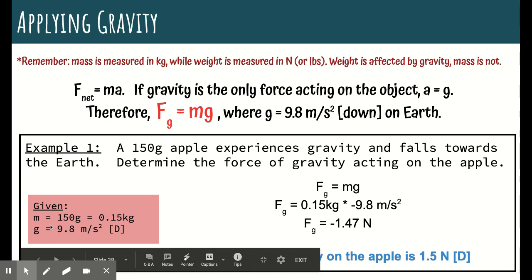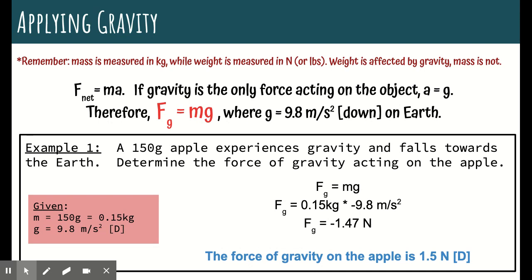Okay, so we know the mass of the apple is 150 grams. We know that mass is measured in kilograms, so we need to convert this 150 grams into kilograms. And then we know that gravity is 9.8. So we're going to substitute those values into this formula. So we have the force of gravity is equal to 0.15 times negative 9.8,